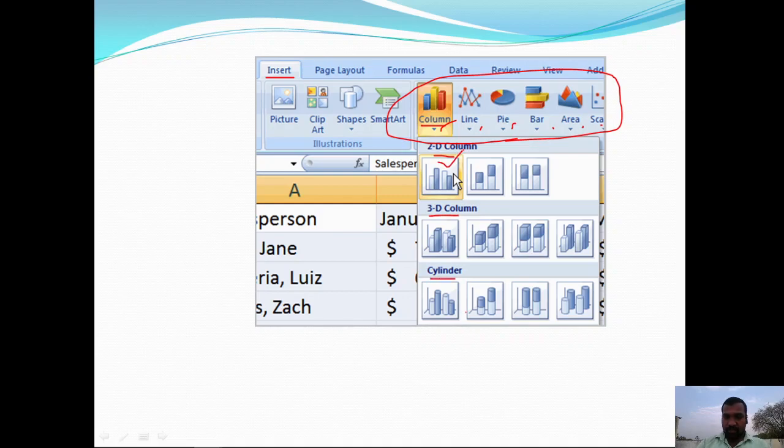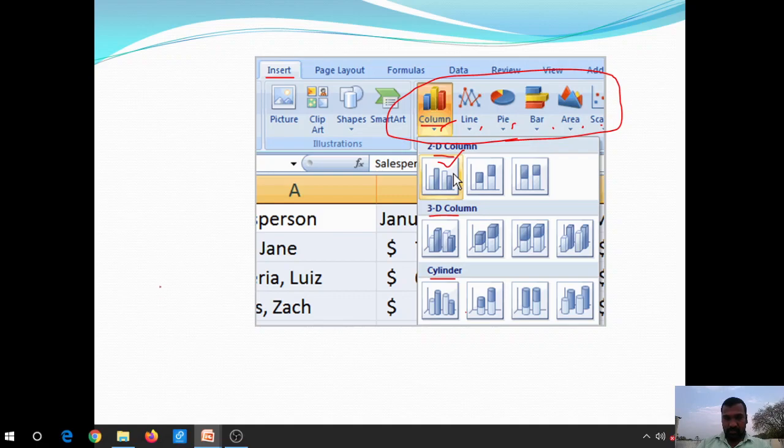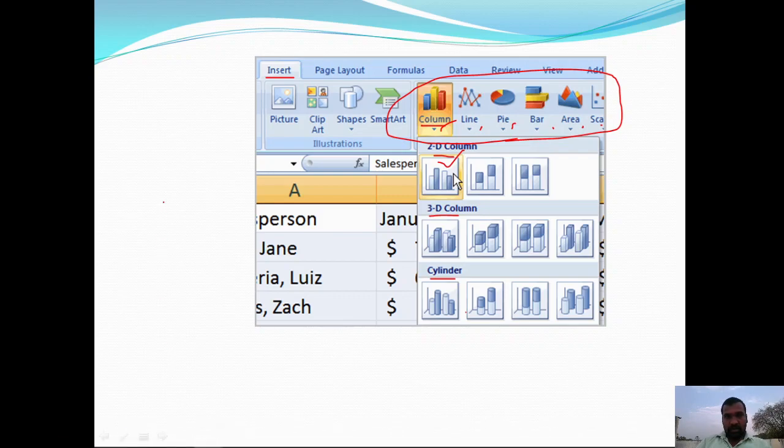So I am choosing this one. Then a 2D column chart is going to be inserted into your worksheet. Okay, so this is about the creation of charts.